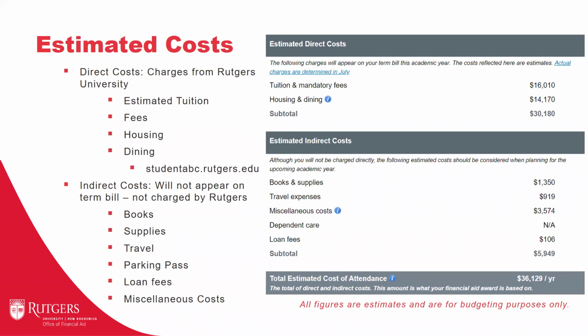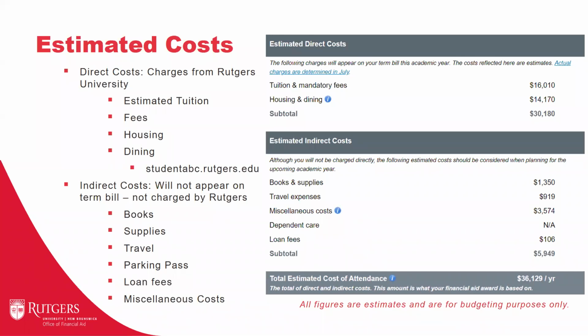So what a student may see on the award letter now is just an estimate. It will not be the actual charges until July. We're not sure if it's going to go up or remain the same. However, once that is finalized, it will be updated on the financial aid offer letter.